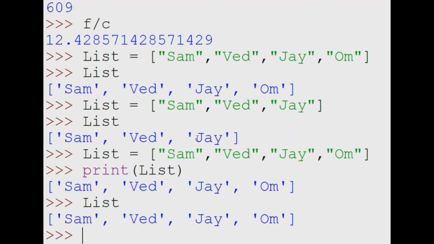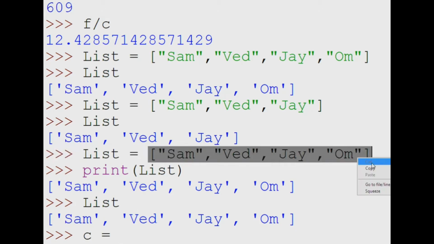Now I'm telling you how we can use any variable instead of list. We can use C, sorry.